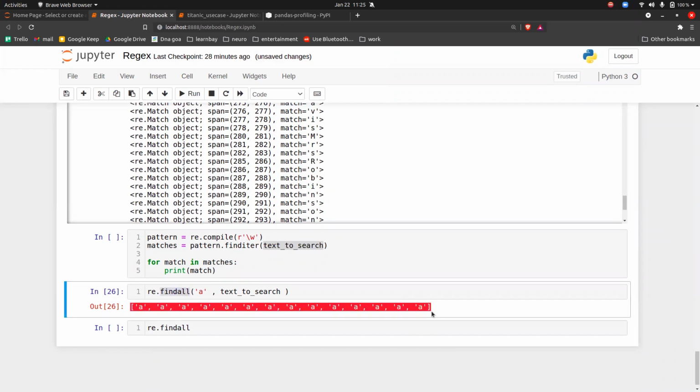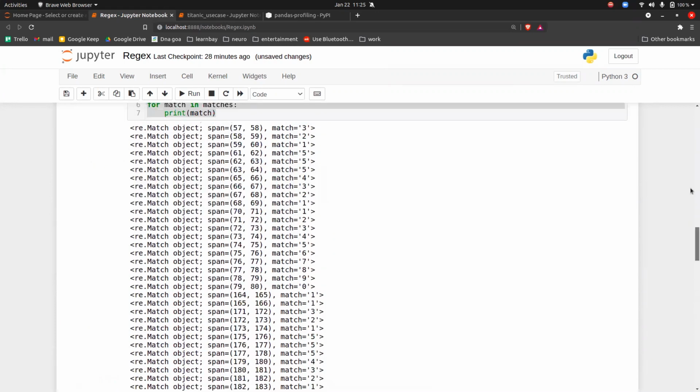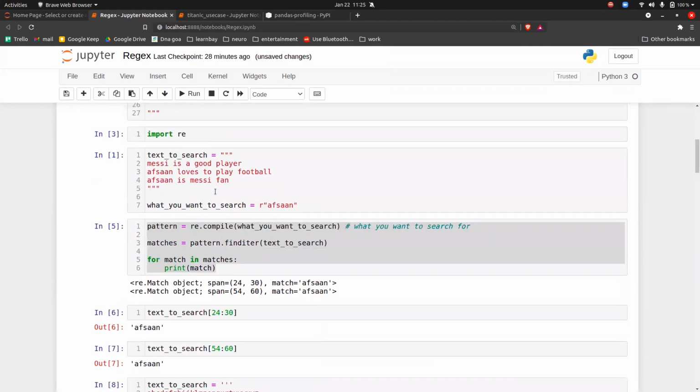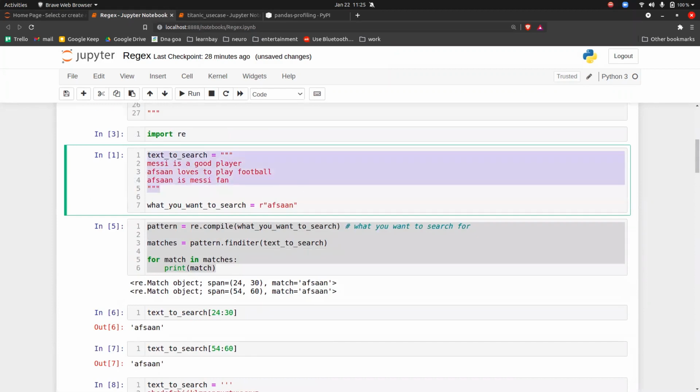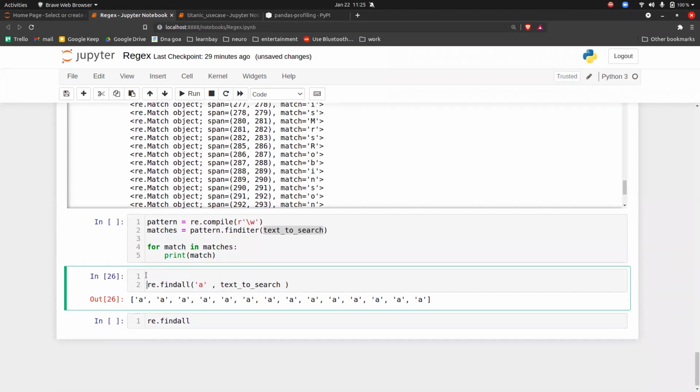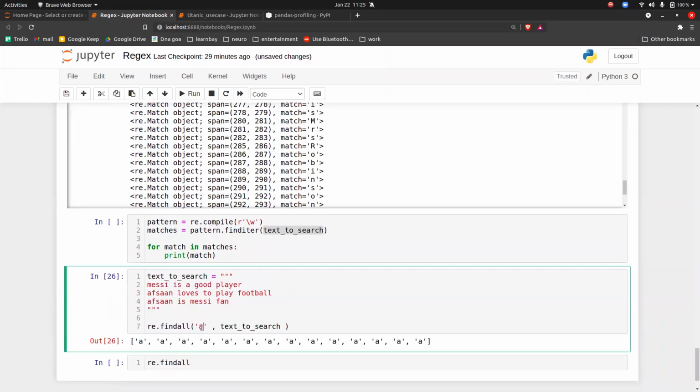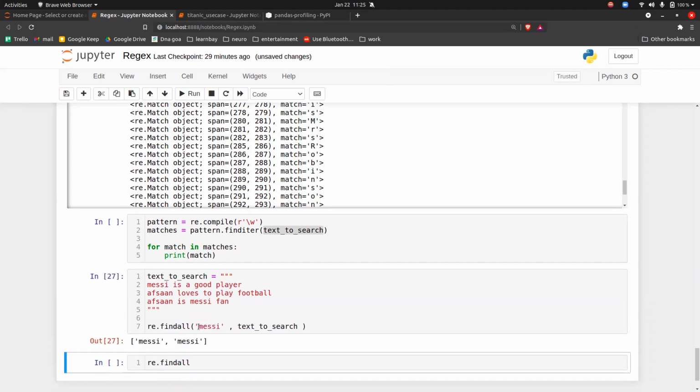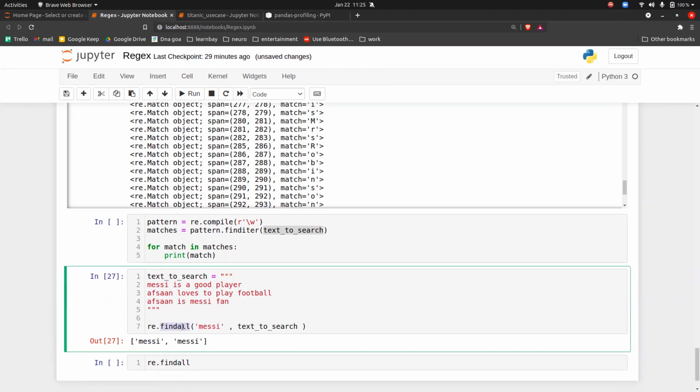Got it? Okay. So for example, let's say this is the text that I was having. If you want to extract all the names, you can put the text to search here, and let's say you want to extract Messi. So Messi, and all the Messi will be extracted. So you can use the findall technique to do that.